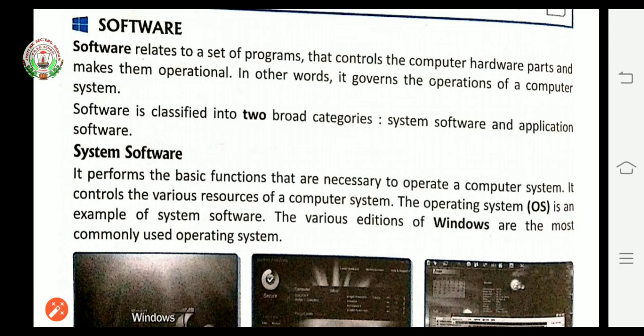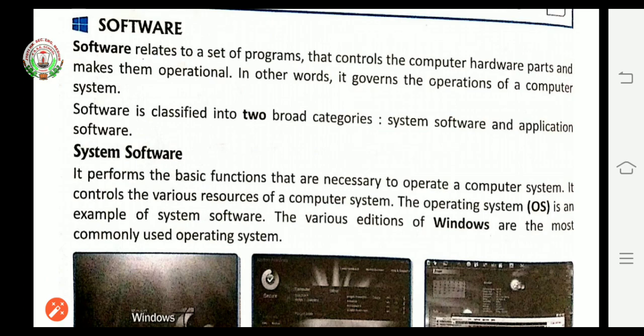System software performs the basic functions that are necessary to operate a computer system, the essential functions that are unavoidable.